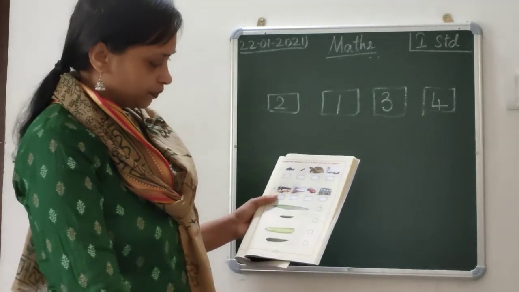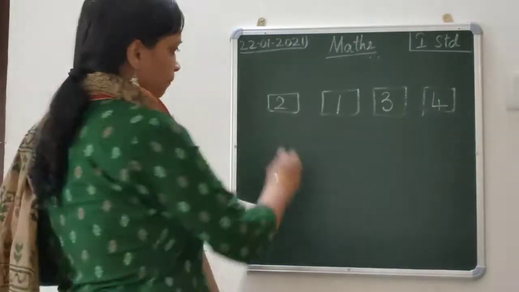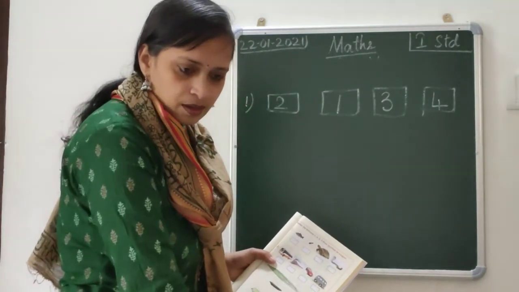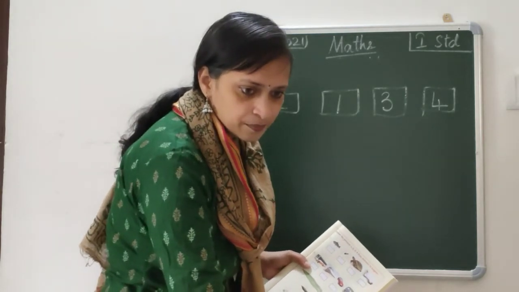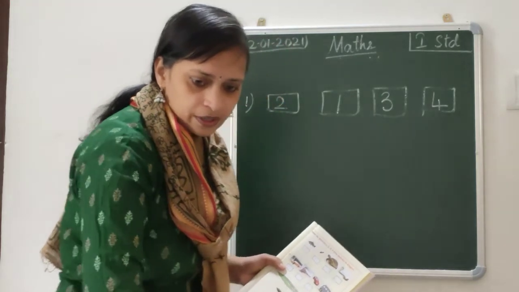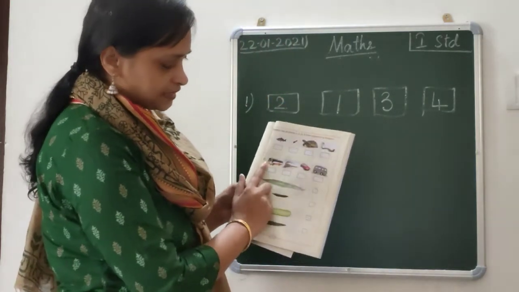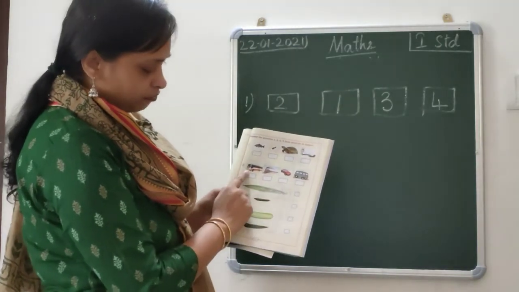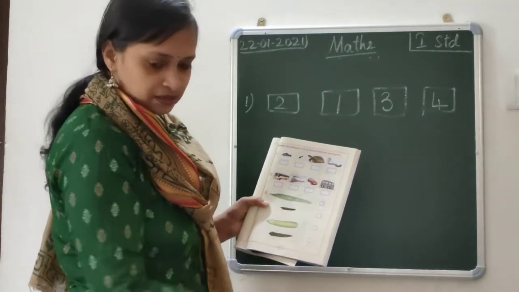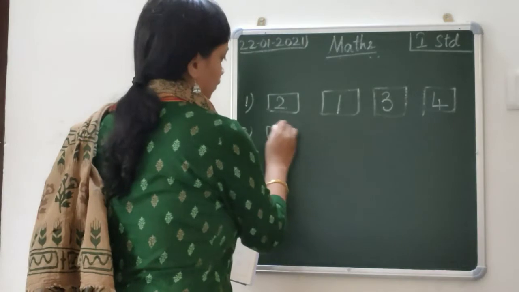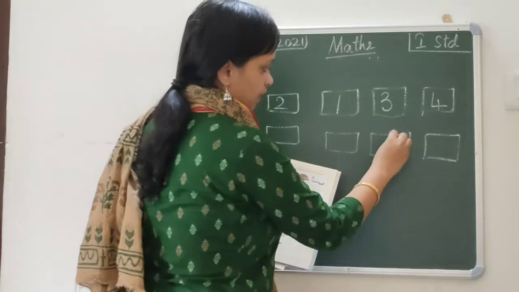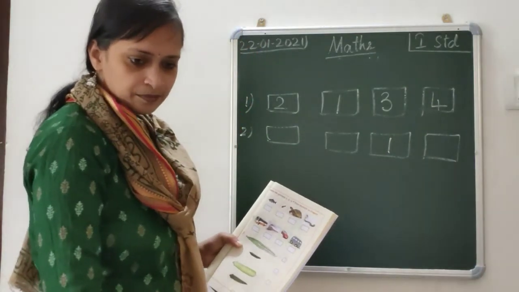Okay, everyone understood? Did everyone understand? Now second one, the same way. You have 4 pictures given here. You have a bus, a train, a car, and then a van. Which is the shortest one among these? Car. Very good. So the picture under car, that is the third picture, write 1.